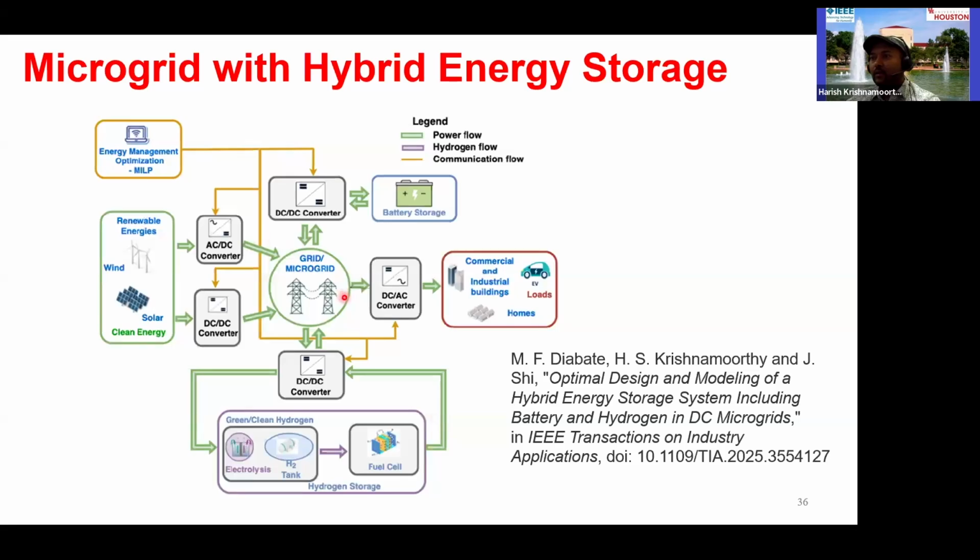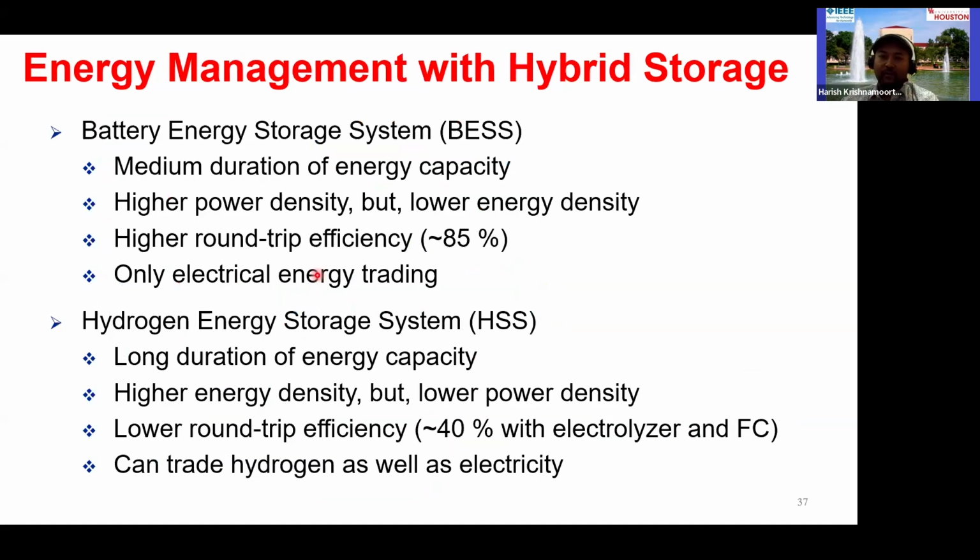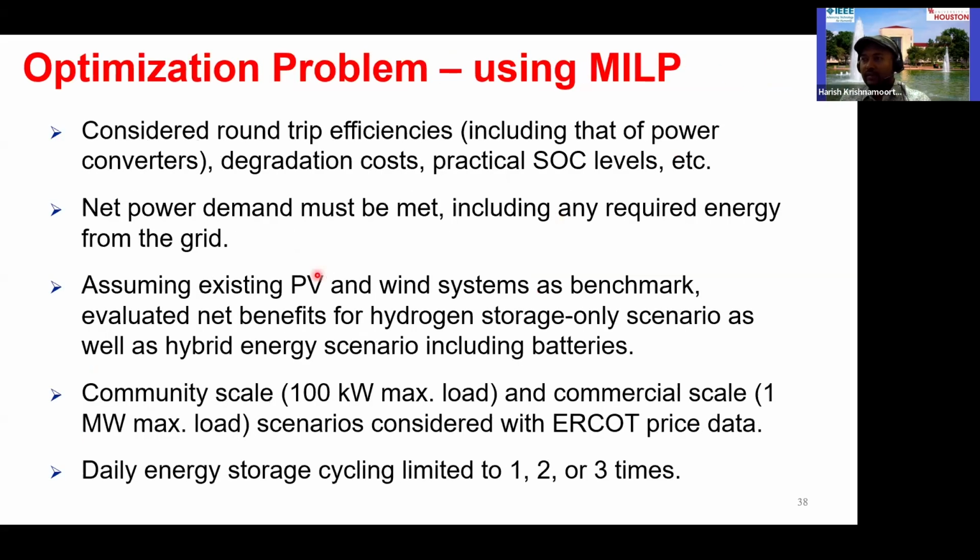So this is an overall system that we did a study with, a hybrid energy storage system, like battery on one side and hydrogen based energy storage on the other side. We have this journal paper on IEEE. So basically what we did was we combined the benefits of battery energy storage system and hydrogen in a unique way using mixed integer linear programming, and try to understand how we can potentially use the energy storage carefully and maximize the profit.